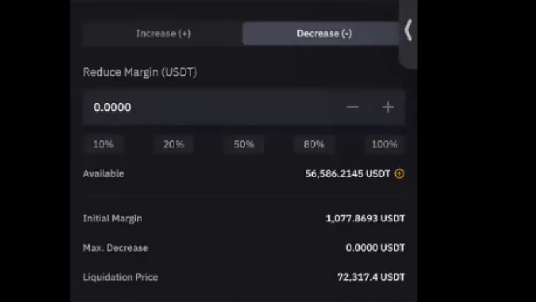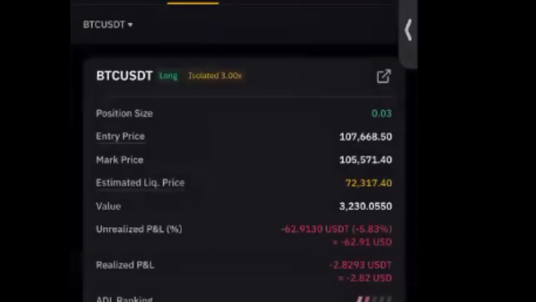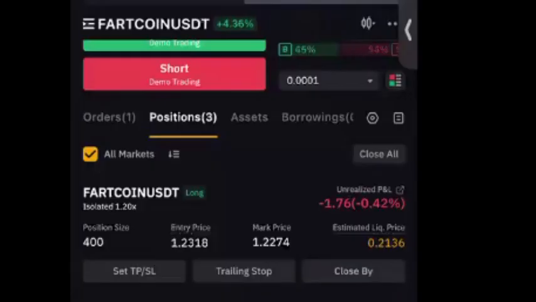Basically, this means I can reduce. Okay, I don't think I can remove anything from it right now. But this basically means I can reduce from my capital. Now I'm going to go back into